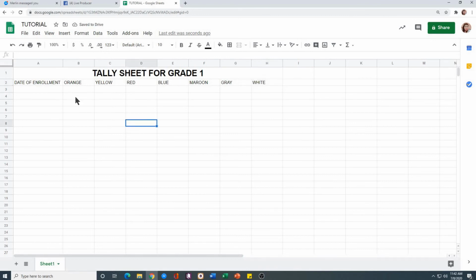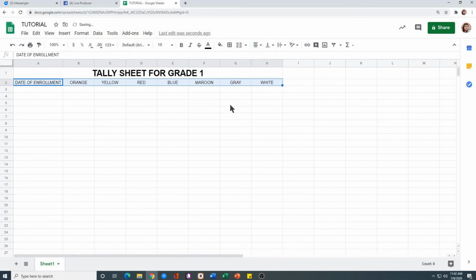Now, since these are all aligned to your right, and since these are titles as well, let's move them to the center. And since these are titles, let's make them bold. I am satisfied with the size of it, so I won't be changing that. Say for example, we'll be entering June